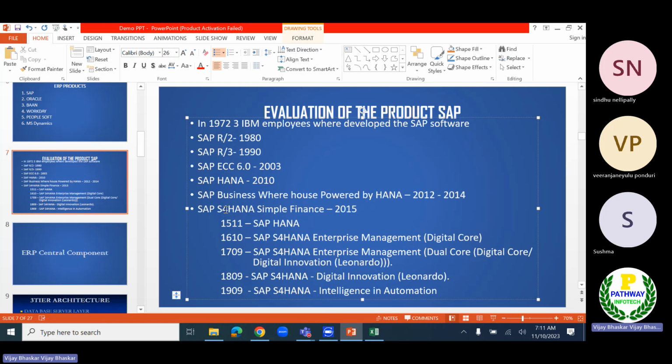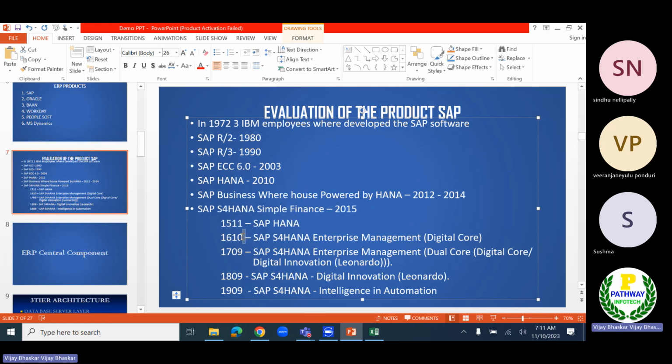Again in 2015, they came up with SAP Simple Finance. Now the first release of S4 HANA, 1511, was the first initial SAP HANA version.